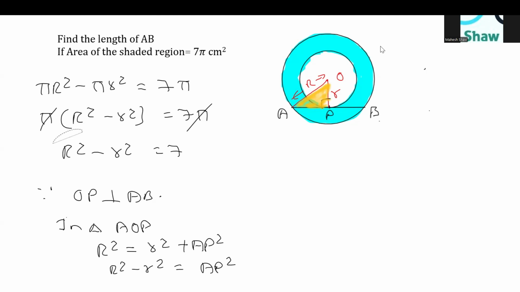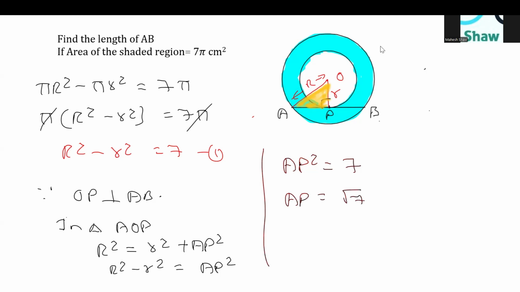We know the value of capital R square minus small r square from here. So I can directly replace this value with 7. So we got the length of AP square as 7, right? That means that the length of AP will be